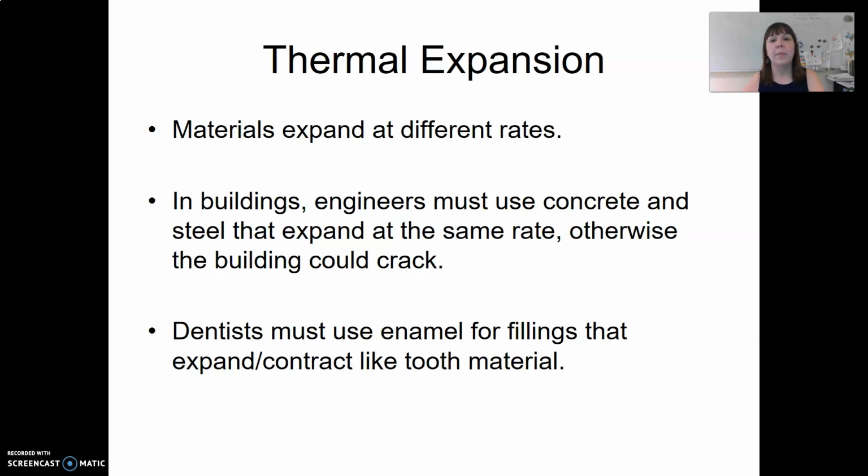So they have to really think about the materials that they're using and try to pick things that have similar rates of expansion and contraction, so they do that together. On a more personal note, if you've ever gotten a filling,